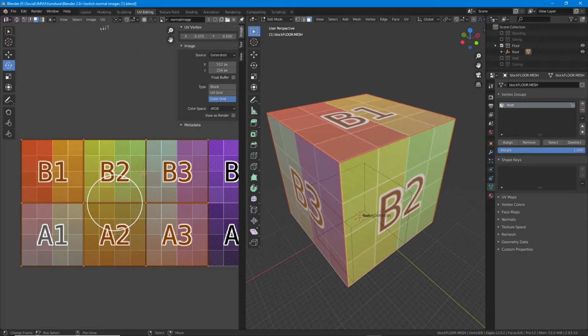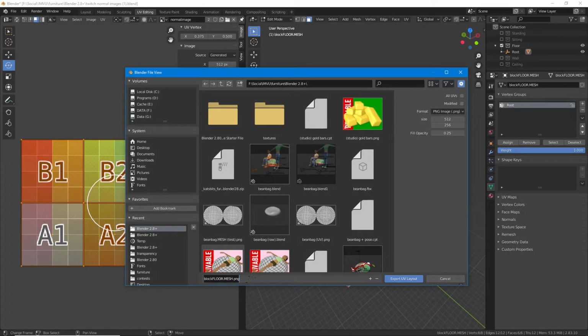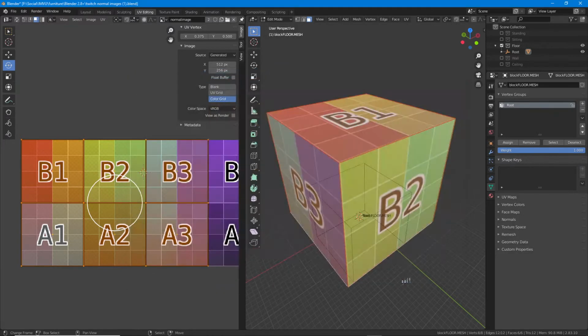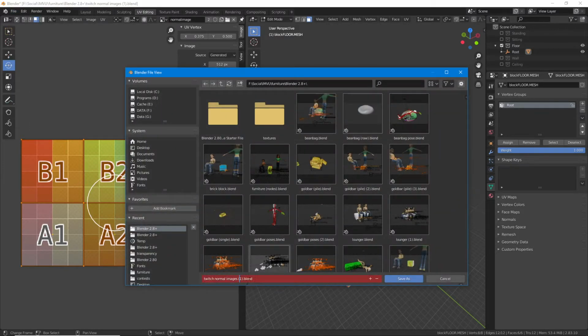So now that we've got all of that done, highlight and then UV, export UV layout, export. So this is UV. We want the faces filled, so fill face opacity 1. We're in the right location. Export. So basically what we're doing in this particular instance is creating a template using the UVs. So let's just save this. Save as to